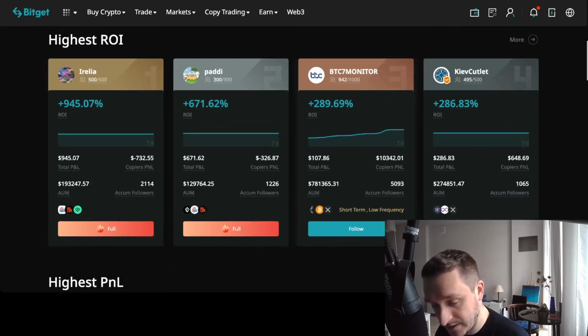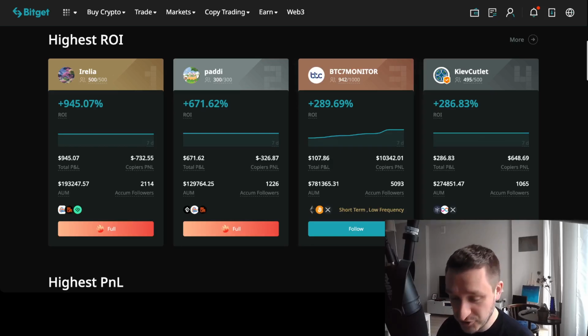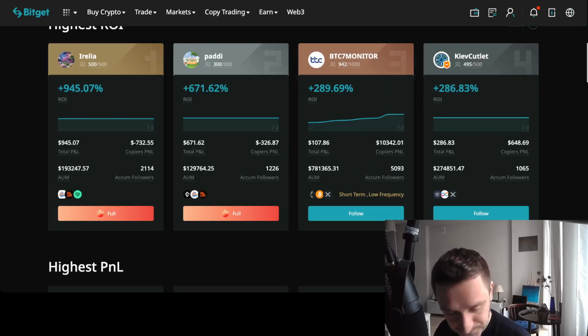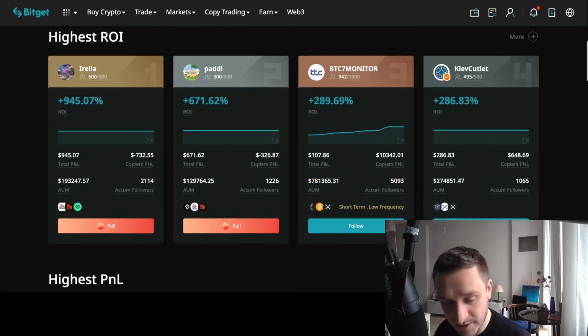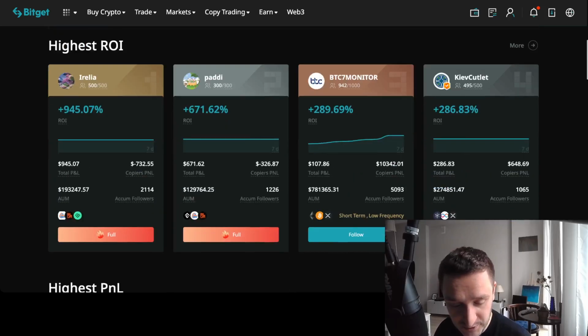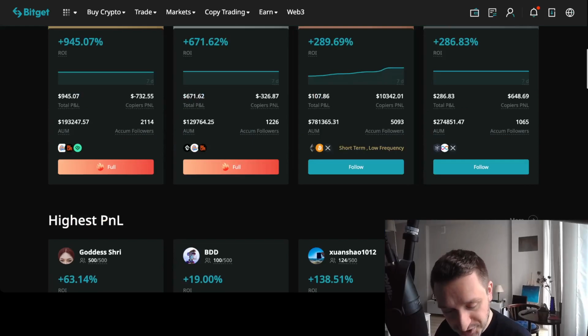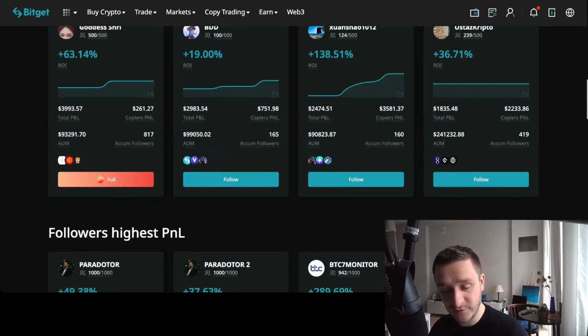You can see the P&L, ROI. Of course, remember that this doesn't mean that you'll be able to get the same results. The past results do not indicate the future results. So of course, they might be 200% up and then go down very quickly. And if you enter at the wrong time, then of course it might be downhill for you. Super risky. But what's really interesting is having to look at what they're doing and deciding for yourself,